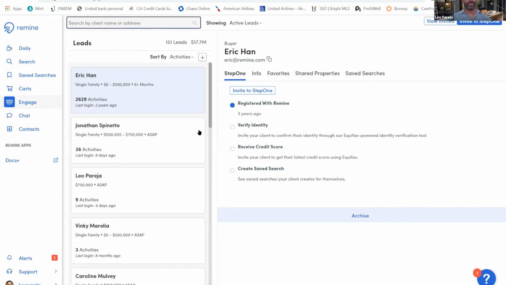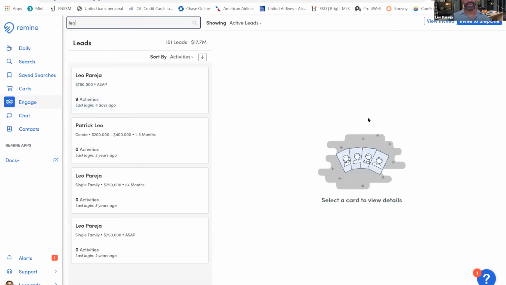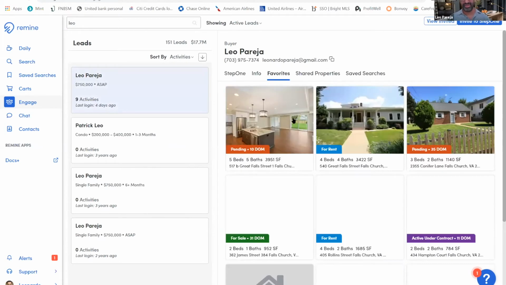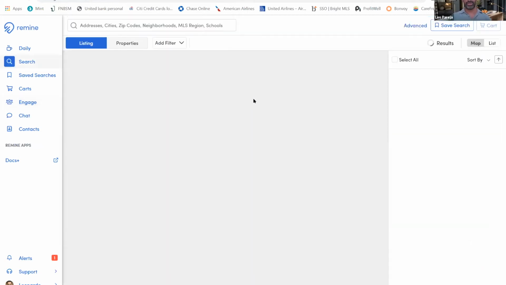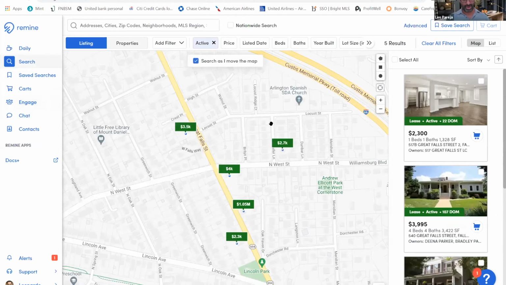So if you are sharing with customers and they are using it, it gives you pretty rich analytics. If I were to click into it, I could actually see notes, favorites, shared properties, and saved searches. I did not touch on saved searches. There's so much information that I like to make sure I have a checklist in front of me